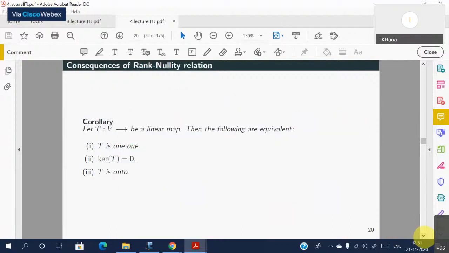So a corollary of the rank nullity theorem, very important and interesting: if T is one-one, then the kernel is 0, nothing else, because 0 is always killed by a linear transformation. And if only 0 is killed, then T must be onto, right? The rank must be full, so T must be onto. So all these are equivalent: for a linear transformation, if it is one-one, it must also be onto, and it is the same as saying the kernel is equal to 0. It is a consequence of the rank nullity theorem. Okay, right.